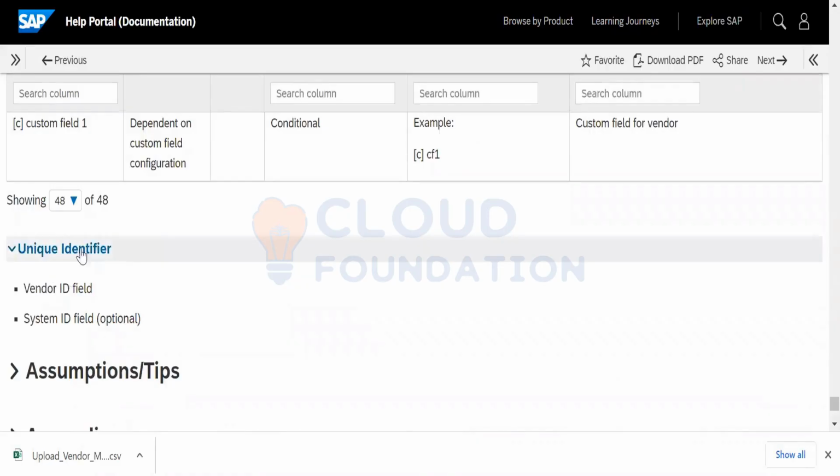However, the unique identifier is very important. Say, for example, if I need to update data, in the sense that there is a certain correction I need to do, how will the system understand to which supplier I'm doing it? It's through the vendor ID. If I put in the vendor ID, it recognizes this is the record to which I need to make this correction.